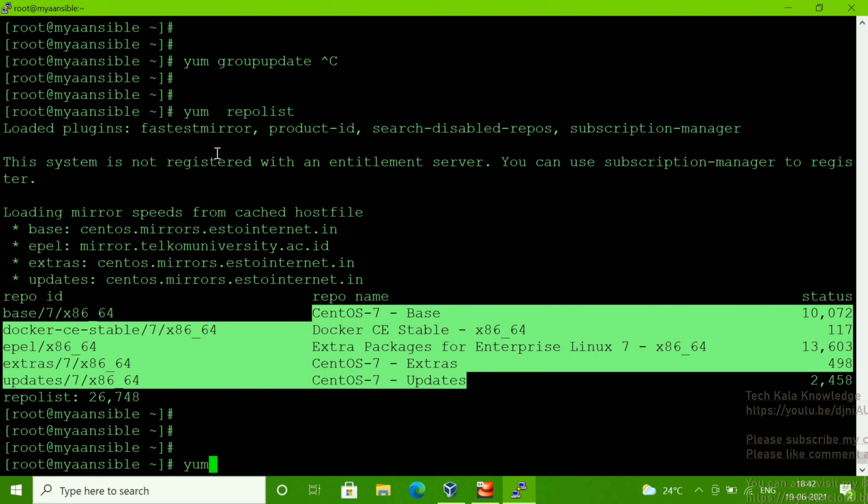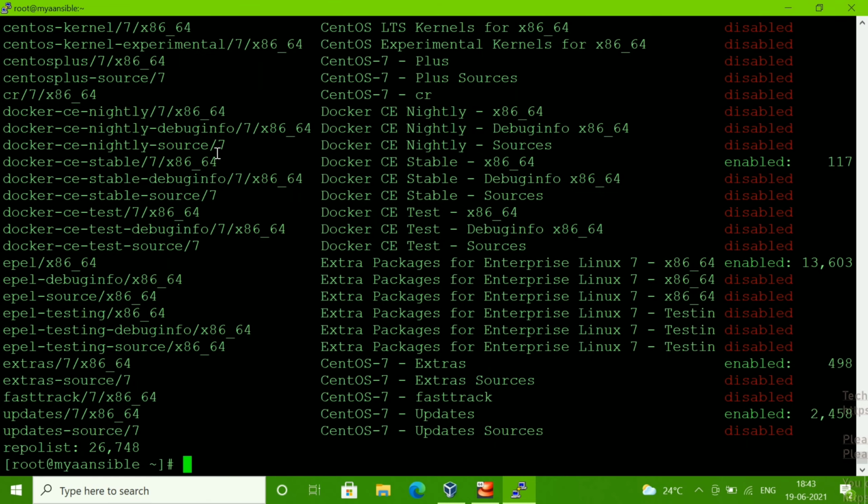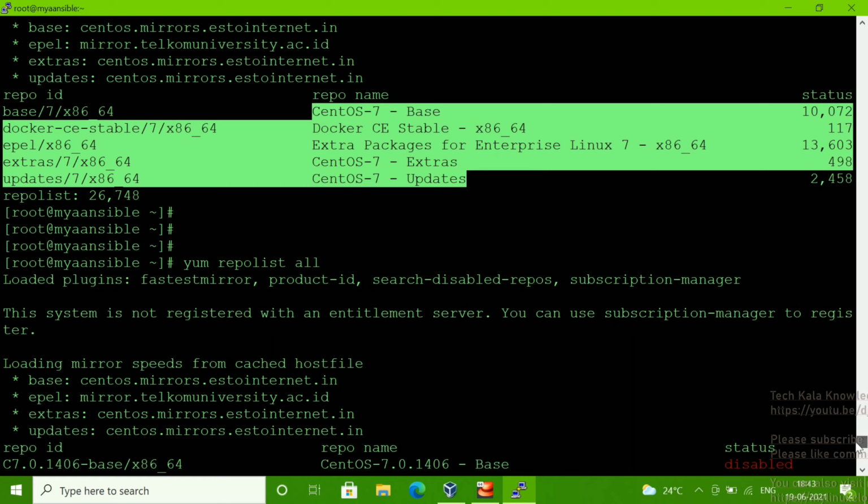Simple command: yum repo list all. If you hit enter, it will show you all the repos. You can see disabled and enabled, all the repos are showing here, whatever repos are available.